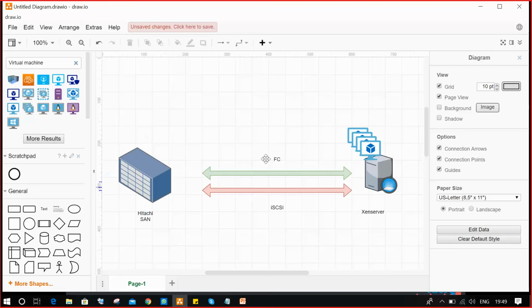For that reason, I'm connecting my Zen server with my Hitachi SAN, either with fiber channel or iSCSI. Depending on the SAN model, I'll use either a fiber channel cable or iSCSI. To store the virtual machine on the SAN, I need some storage capacity.